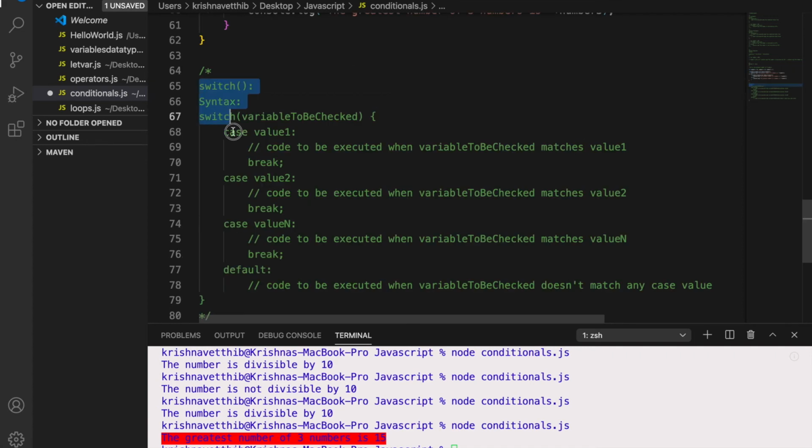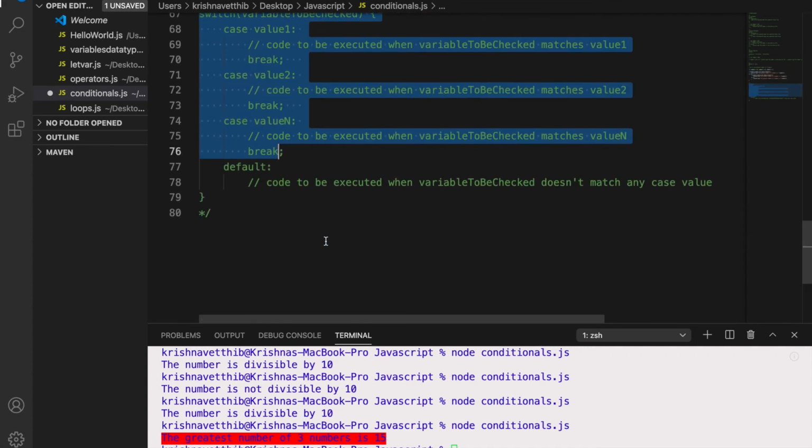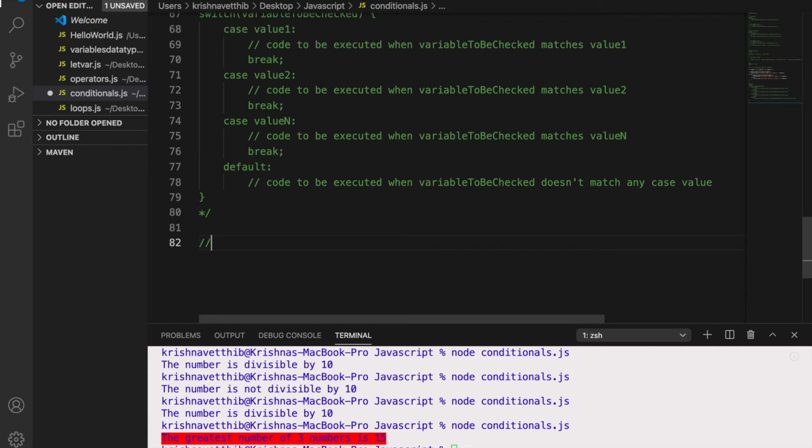This is the syntax of the switch case. So let us try to write a code and then try to understand how exactly switch works. So code to find out the day from a week. So let us take a variable.